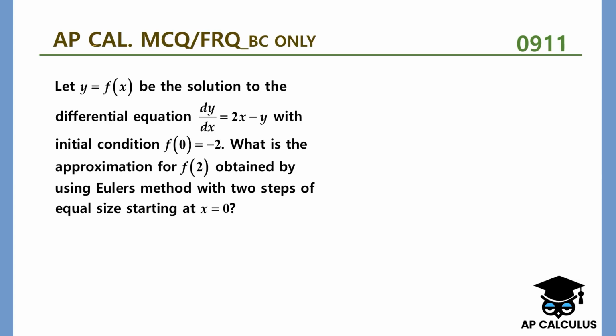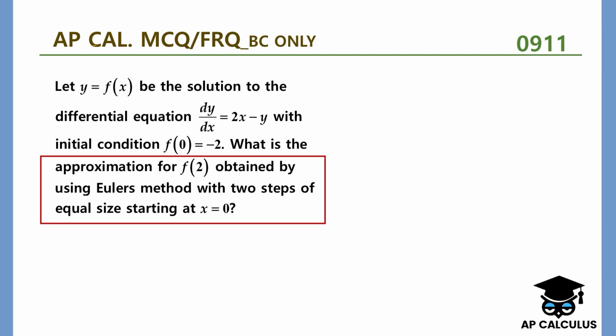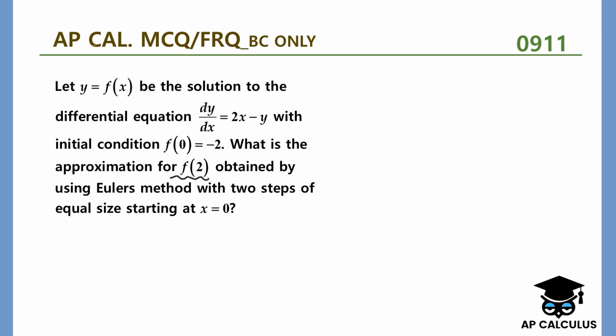Question 911. Let y equals f of x be the solution to the differential equation dy over dx equals 2x minus y with initial condition f of 0 equals negative 2. What is the approximation for f of 2 obtained by using Euler's method with two steps of equal size starting at x equals 0? Okay, if the question is to approximate some function value using Euler's method, then we always